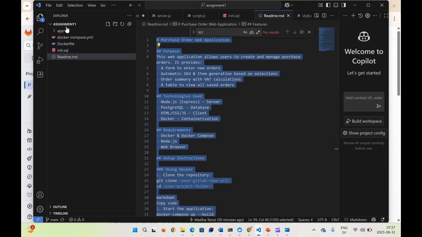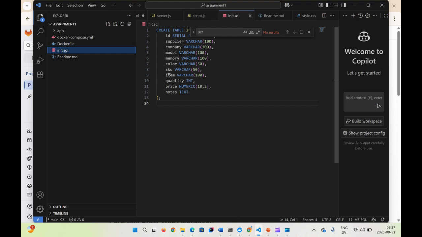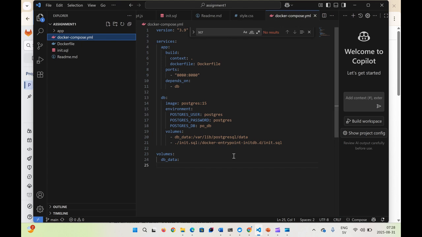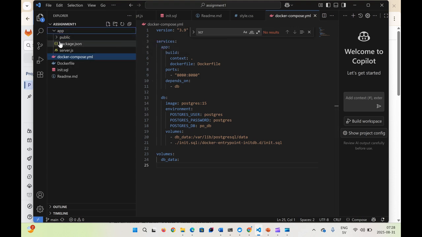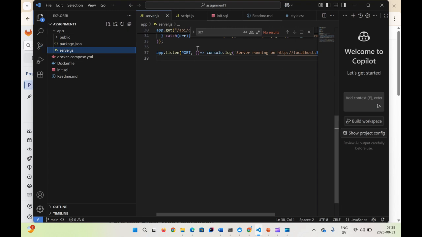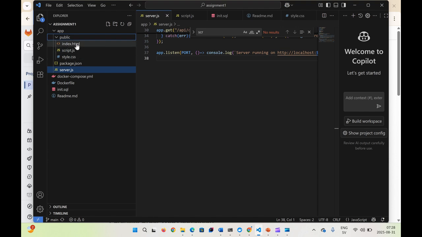So this is the structure of assignment 1. It has a readme file, init.sql, which is the table, and a Dockerfile to containerize the application and run it. This is docker-compose.yml, so I'm using Postgres and pgAdmin. So this is my Dockerfile. In the application it has package.json and server.js, and this is the front-end client-based index.html,